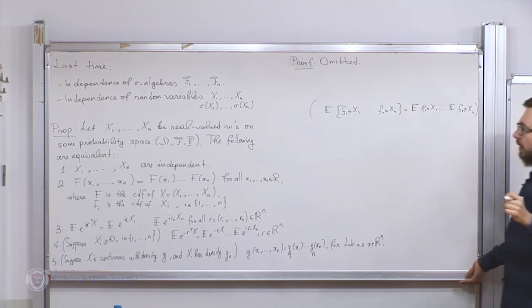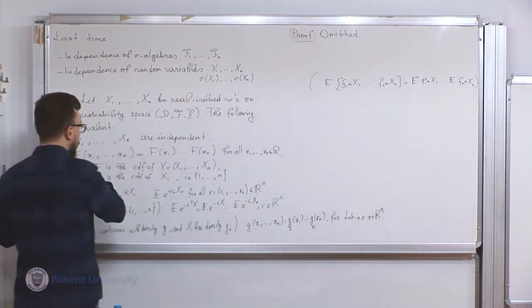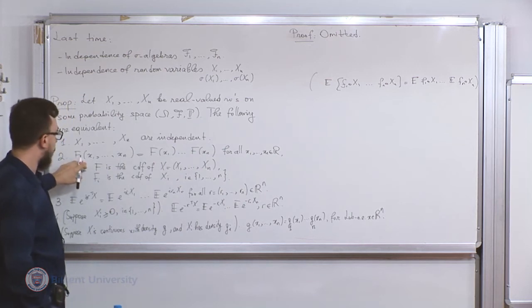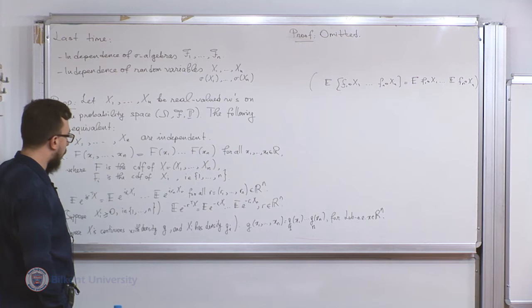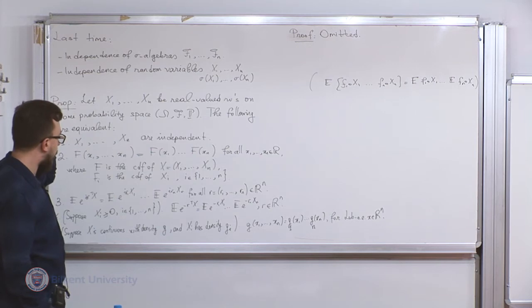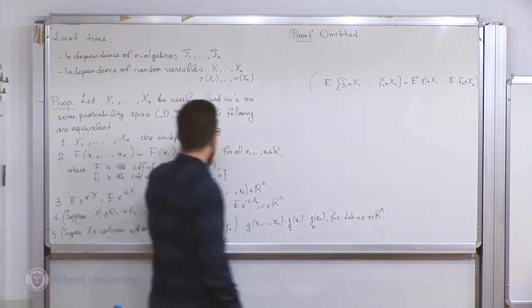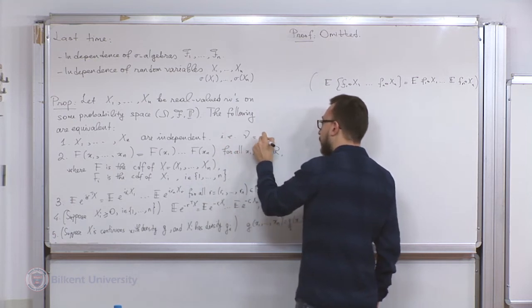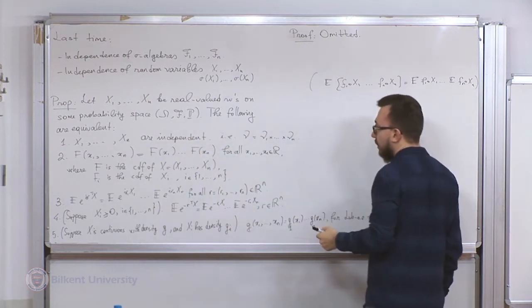And the arguments are about, for instance, if you want to look at the cumulative distribution function, this is about pi systems, right? So those rectangles, minus infinity to x1, minus infinity to xn, form pi systems on the product space and also on the individual real lines. And these values characterize the joint distribution. So if you have this property, you can conclude that the joint distribution of the vector is the product of the marginal distributions, right? This is one meaning of independence, from last time.